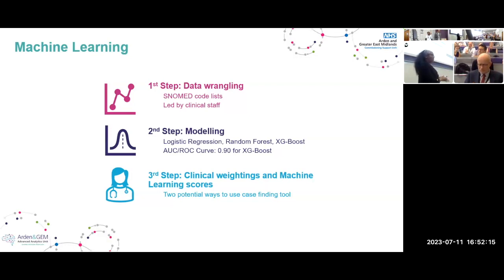So they scored it from most important to least important. And from that score, we were able to get a clinical weighted score so that the social prescriber can use both a clinically verified score, but also use the machine learning score to select the patient.